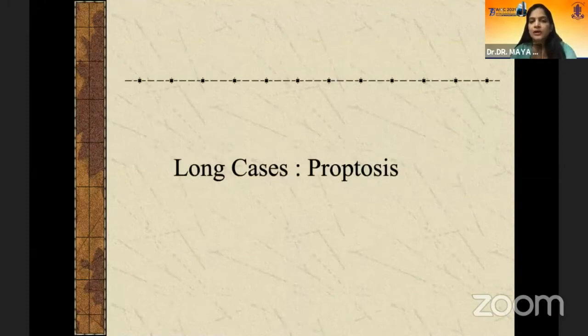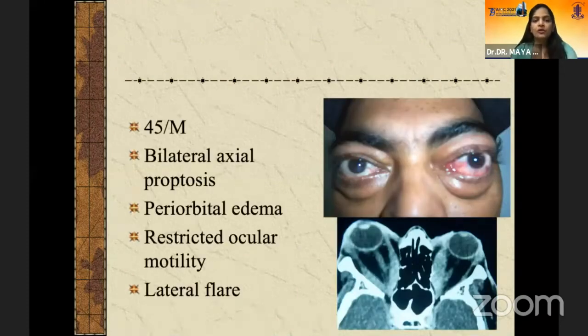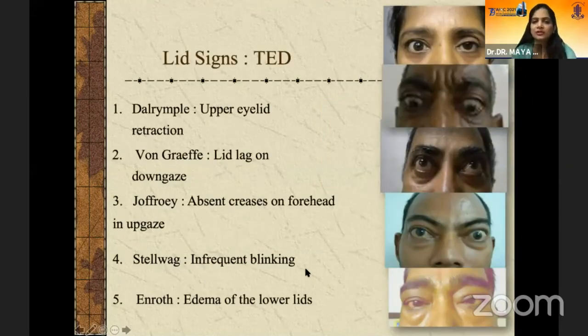Coming to the next long case, that is proptosis. First case scenario, it's a 45-year-old male who is having a bilateral axial proptosis, periorbital edema, and restricted ocular motility. There is lateral flare, and on imaging, you can see enlarged belly with the sparing of tendons. So this is a sure case of a thyroid ophthalmopathy, and in the workup, you must include all the lid